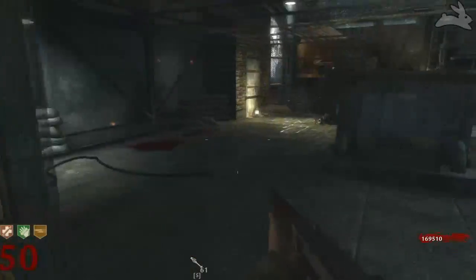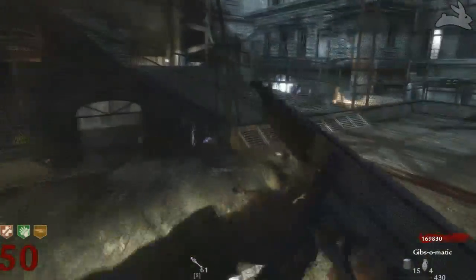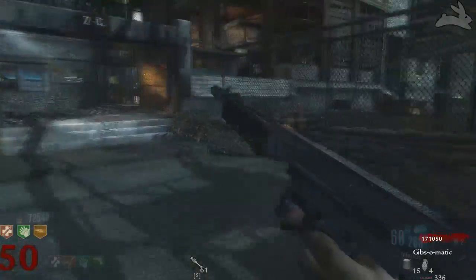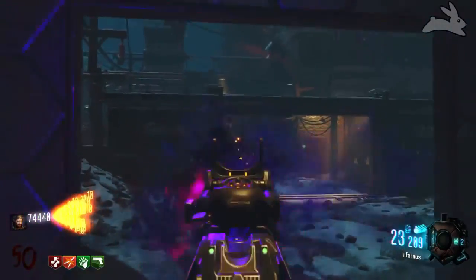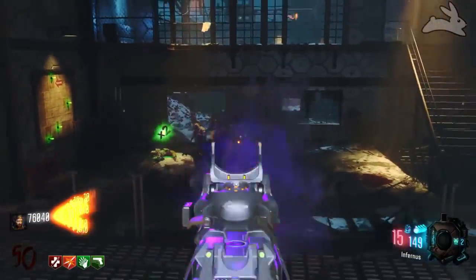Alright, so when it comes to both these weapons on round 50, they're both fantastic weapons. Usually a lot of guns don't work on high rounds, but these two weapons can actually still kill some zombies. They can actually still do something, and really the only downside to both these weapons is the amount of ammo they actually hold. They're going to be running through ammo very, very quick, and if you're just relying on these two weapons alone to get you some kills, and you keep going back and buying ammo with these weapons,